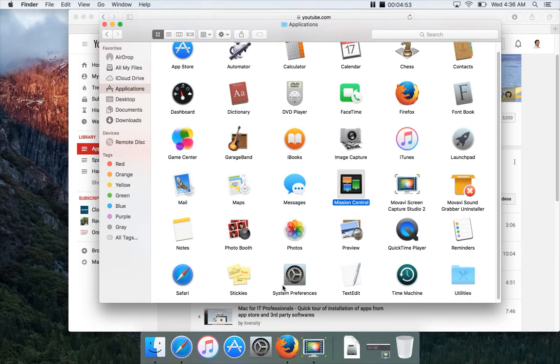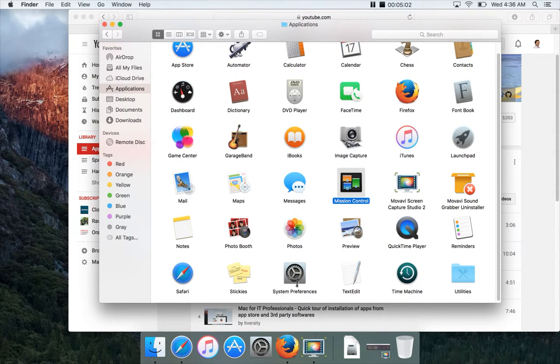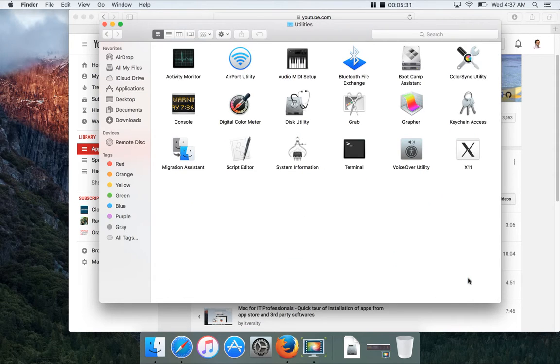Safari is the default browser which will be installed. System Preferences, I will create another video for System Preferences later. It is like Control Panel. TextEdit, it's like a rich text editor. And Time Machine, so if you want to take snapshots of your laptop incrementally, and if you want to restore to any state back in time, you can use Time Machine. And then finally Utilities, if you double click on that, it has a few more